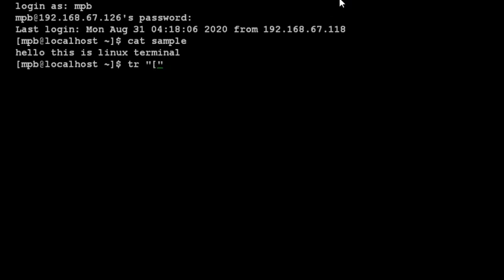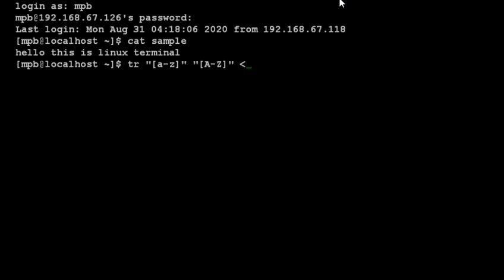In double quotes we have to give the input character set, that is small a to z, that set is already available in the file, and then we have to provide the output character set, that is capital A to Z, and then this symbol is called input redirection.